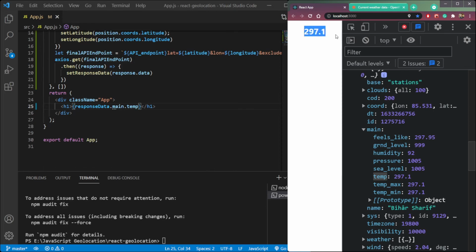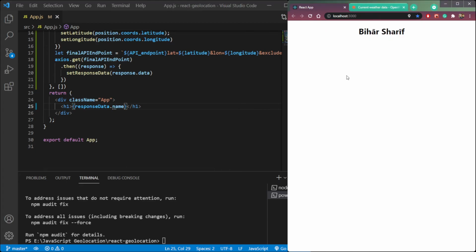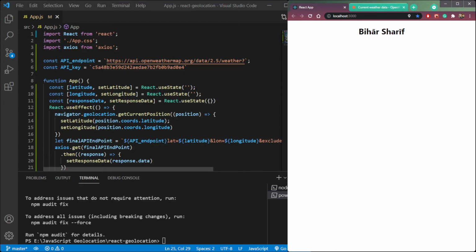So you see we are getting the temperature here, but the topic was to get the city or the current location. So just use response data dot name, and now you know how to get the current position using latitude and longitude.